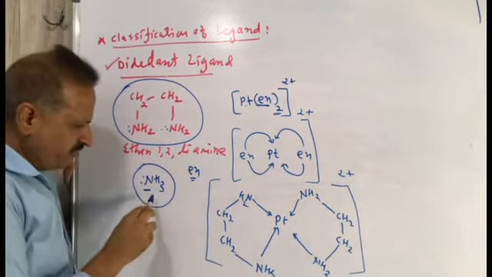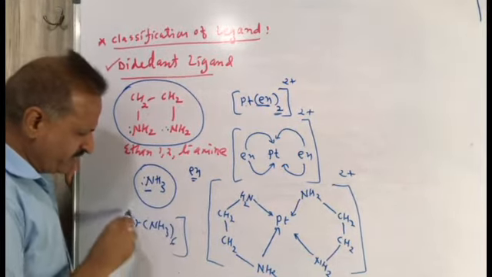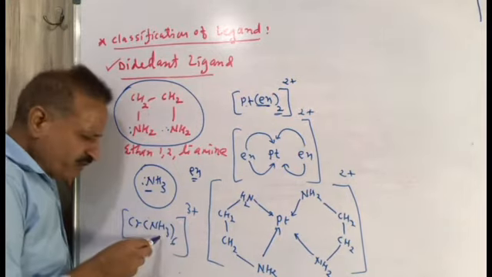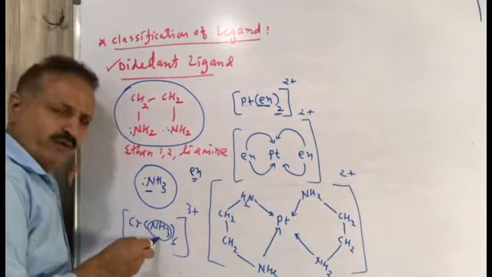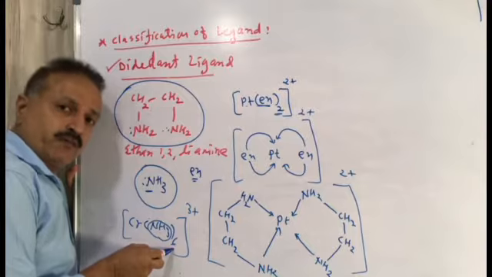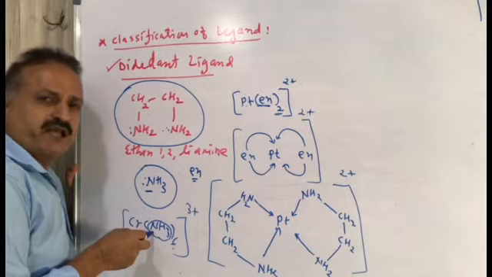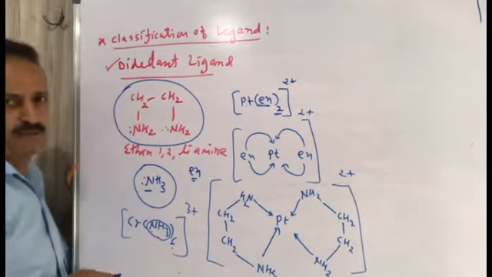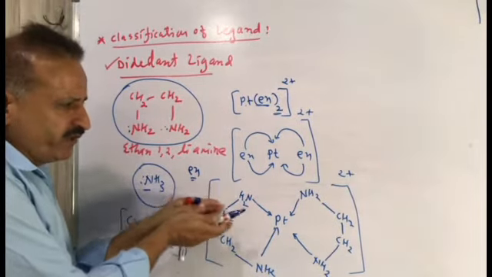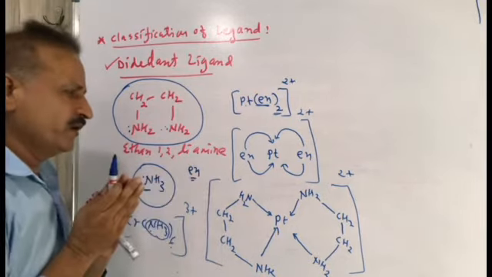Here are 6 ammonia. Suppose we have Cr(NH3)6 3+. Means it is not a hexadentate ligand. You concentrate on only one molecule. The number of molecules will not decide the classification of ligand. The number of electron pairs present in a neutral molecule will decide the classification of ligand. So this is the example which is not properly given in your textbook. I am giving it properly in your text to explain to you.